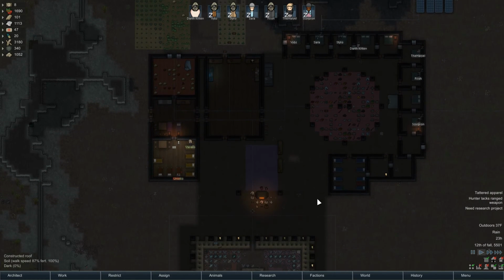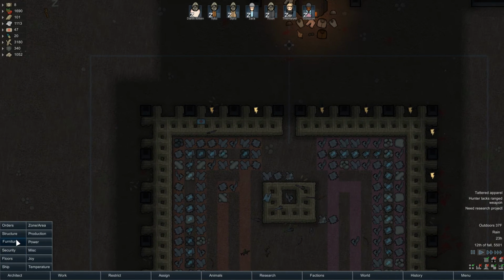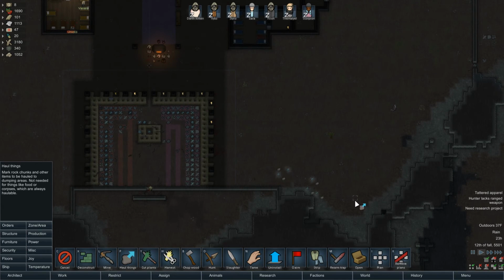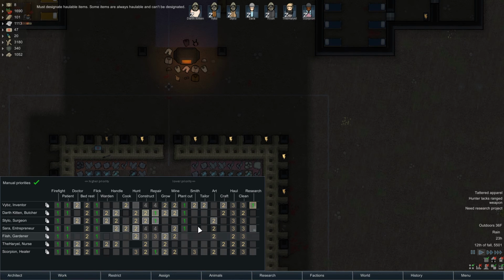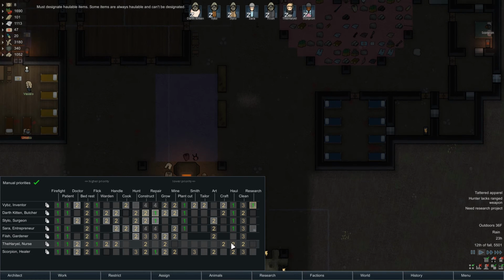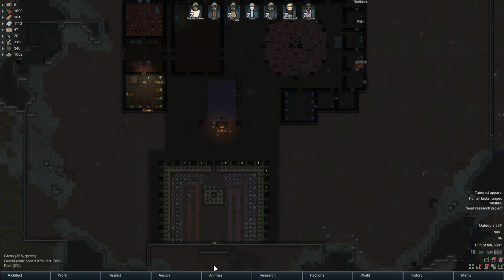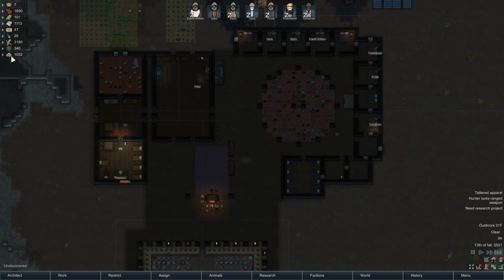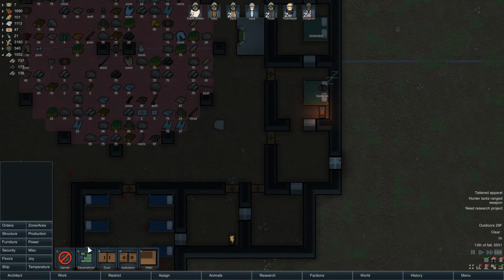So at least I have a general idea of what I want to do, because last time what I really focused on is, well, let's finish this up first. The one thing I want to finish is all this line of stuff, so I'm going to make a high priority of hauling right away, so then tomorrow morning they'll finish all this area up. The other thing I remember I focused on was, oh yes, let me do this right away before I forget.